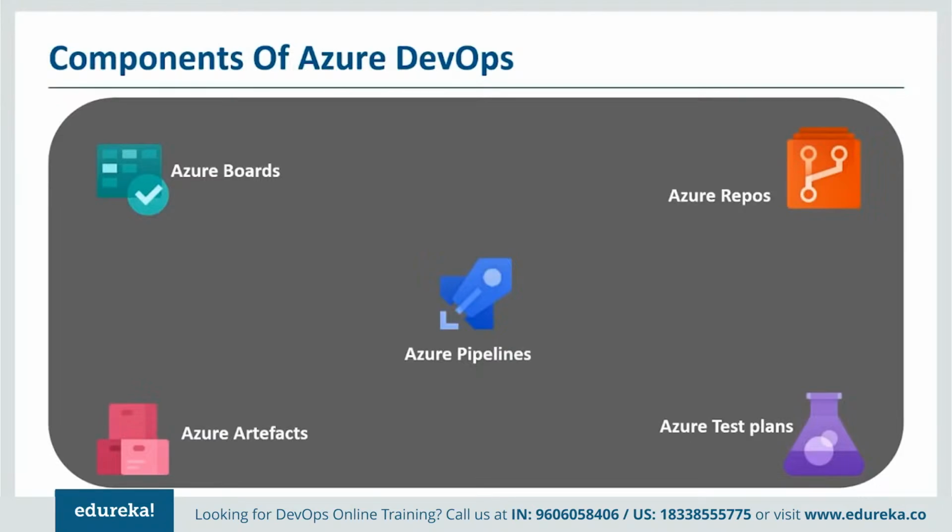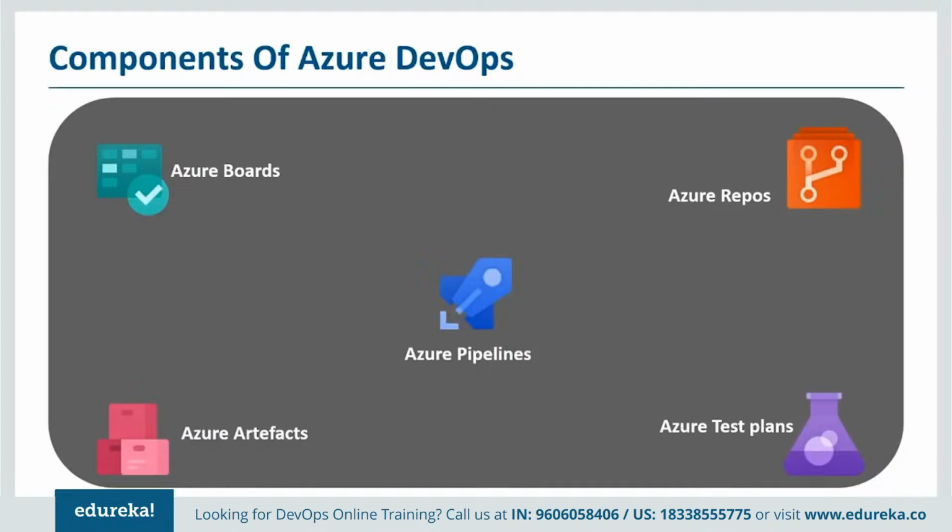There are 5 components of Azure DevOps. We have Azure Boards, in which you can manage your work items. You can manage the tasks. You can create either Scrum boards, Kanban boards, or you can have the agile process. All this is handled as part of Azure Boards. Second is Azure Repos, where we have Git and TFS, in which you can check in your code and manage all the branches. You can manage complete Git functionality, which is available as part of Azure Repos.